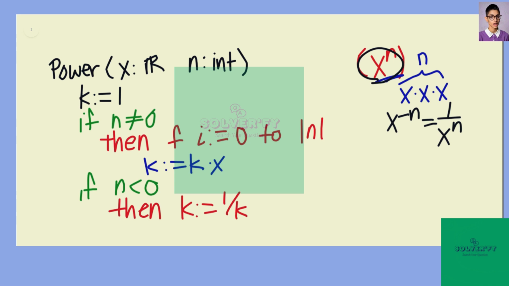And then we want to return our value, return k. So that'll give us x to the n, regardless of whether n is positive